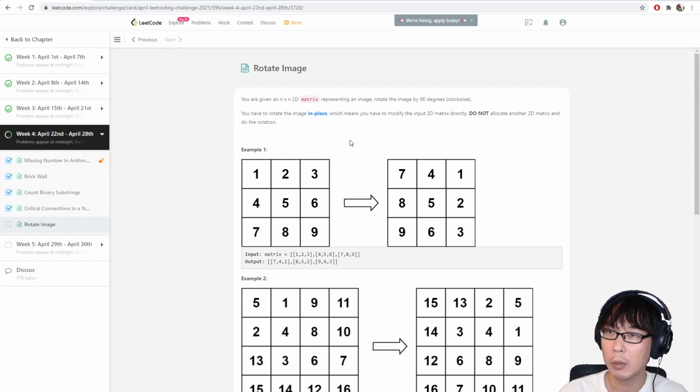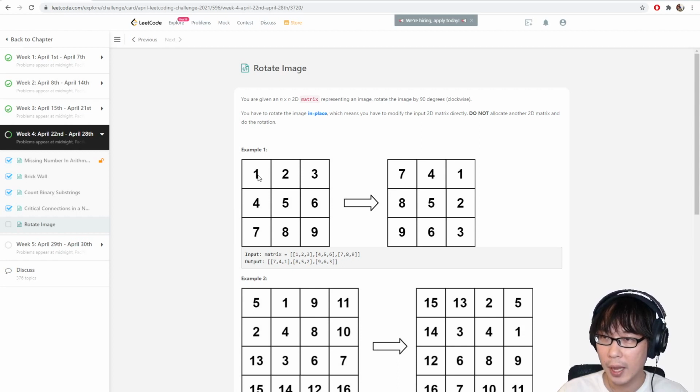Rotate image. You are given an n by n 2D matrix representing an image. Rotate the image by 90 degrees clockwise. You have to rotate the image in place, which means you have to modify the input 2D matrix directly. Do not allocate another 2D matrix and do the rotation. So for the example that we have,